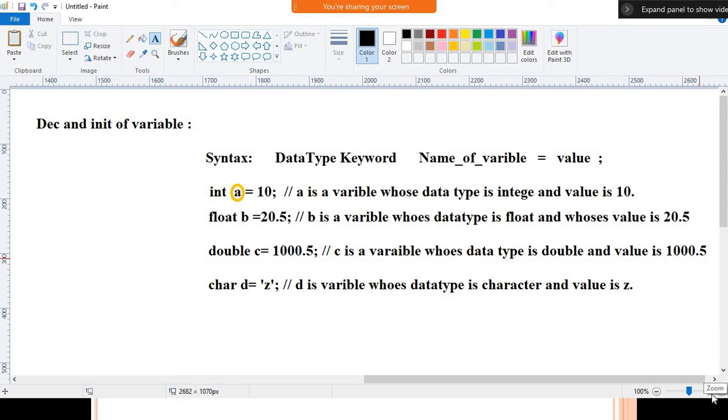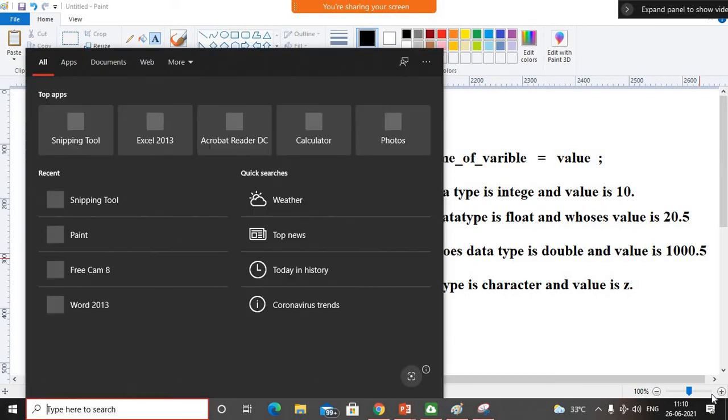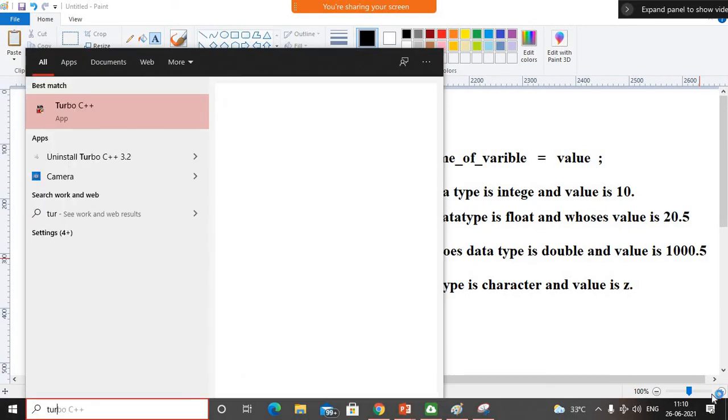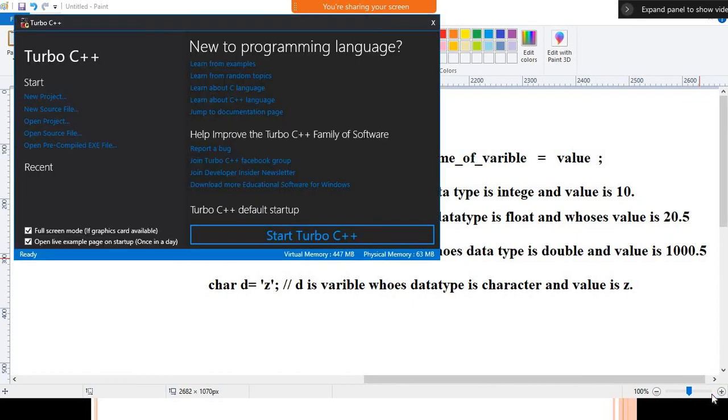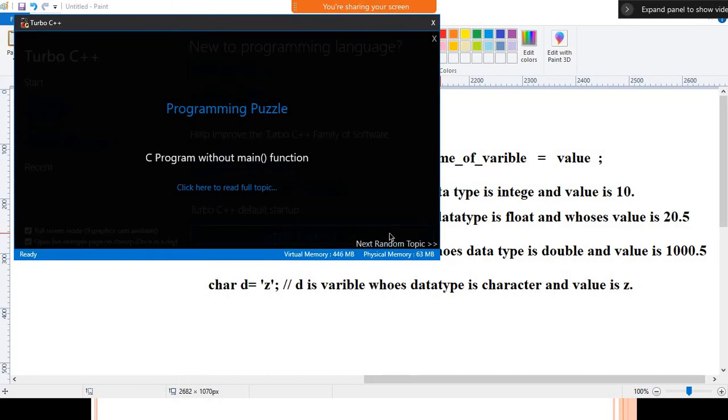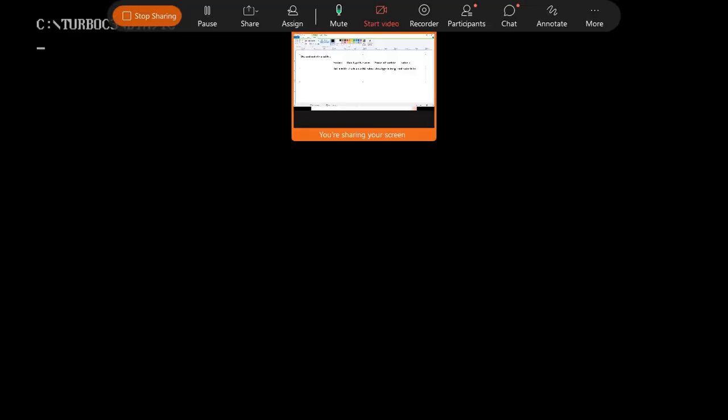Now let's start to perform the practical. Okay, so here I will use my Turbo application. We'll open it. We'll write a simple program for integer. After that, we'll write a separate combined program for that.